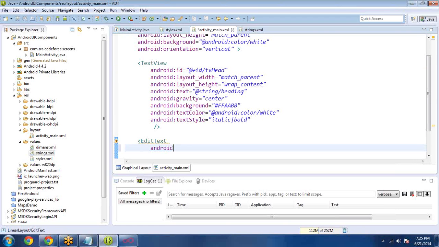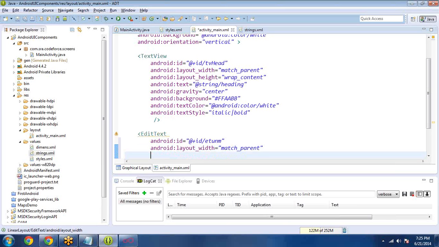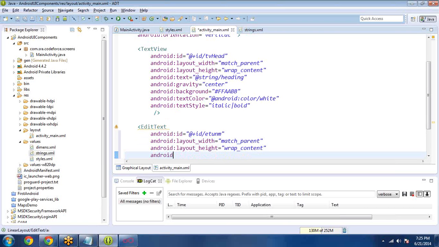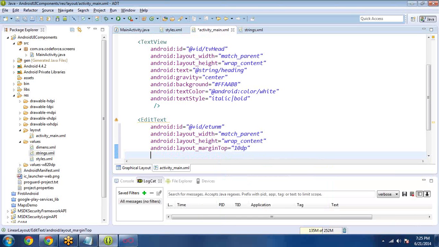Okay, next one, android:id I'm giving @+id/edittextunm. android:layout_width of the edit text match_parent. android:layout_height wrap_content. And then android:layout_marginTop I want 10dp. At the same time, android:layout